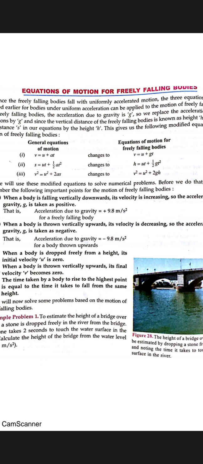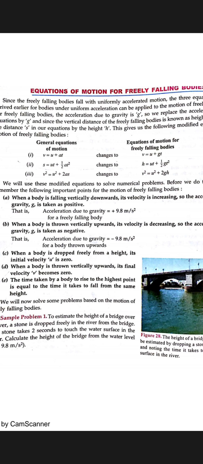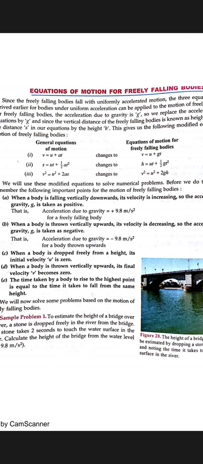Okay. Now when a body is dropped freely from a height, because it is a freely falling body, it will gradually increase its velocity towards the downward direction, because the only force acting on it is gravity. So we can say that we never use a velocity to throw the ball. We just have to freely drop the ball. So the initial velocity with which we are throwing is 0, but it attains velocity due to gravity. So whenever the body is dropped freely from a height, its initial velocity, that is u, will be 0, and it will have some value of v.